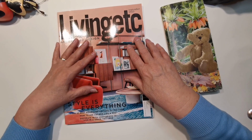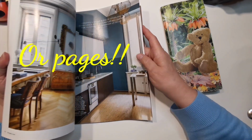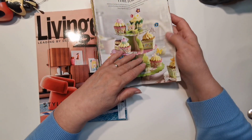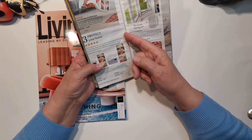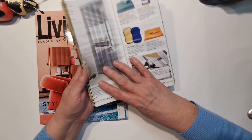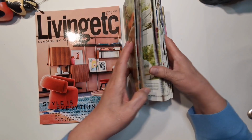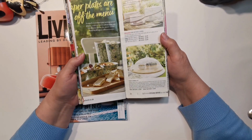So what I've decided to do is I'm going to pull out some pictures, but when I did this one, what you tend to do is start one end and fold one way. Let's find one that's not got anything on it. So this one is folded in here because there's the edge of the paper there, if you can see it. And then the next page and the next page are all the same way. So what I did personally is all one side goes one way, and then this way they're folded the other way, they're folded that way,